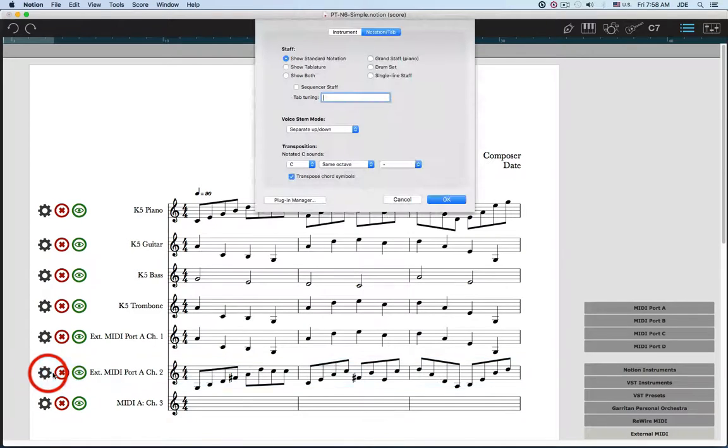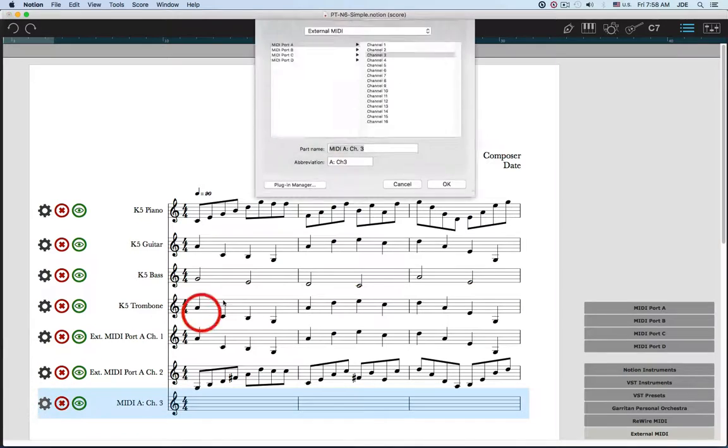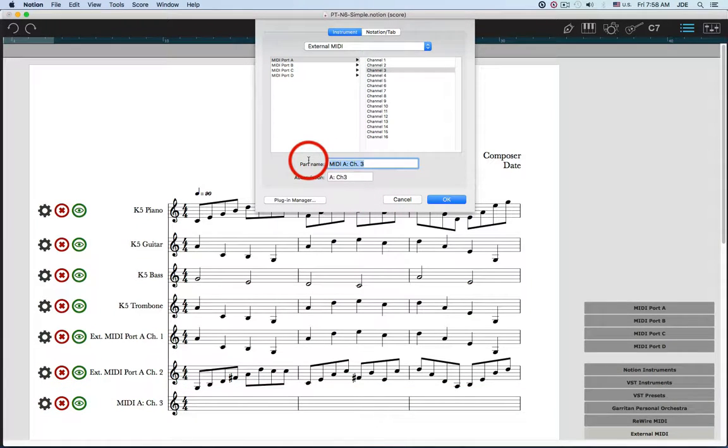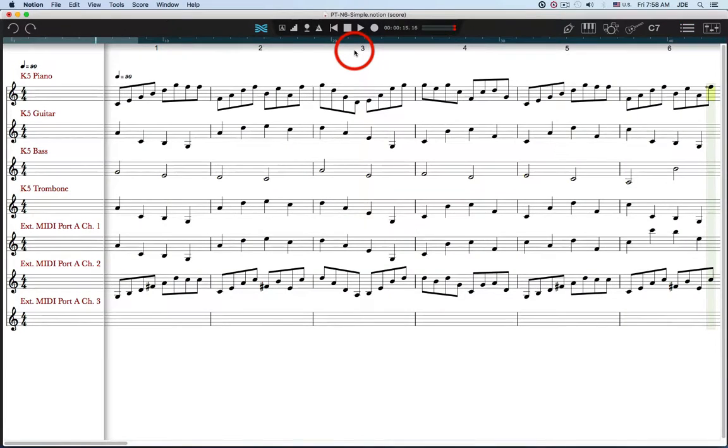I'm going to go to this one, copy the more descriptive name and get out of that, and then I'll go down here and paste it in, and change it to channel 3. I usually like to have the short name be the same as the long name. And so now there's an external MIDI staff, and so we're going to exit score setup,